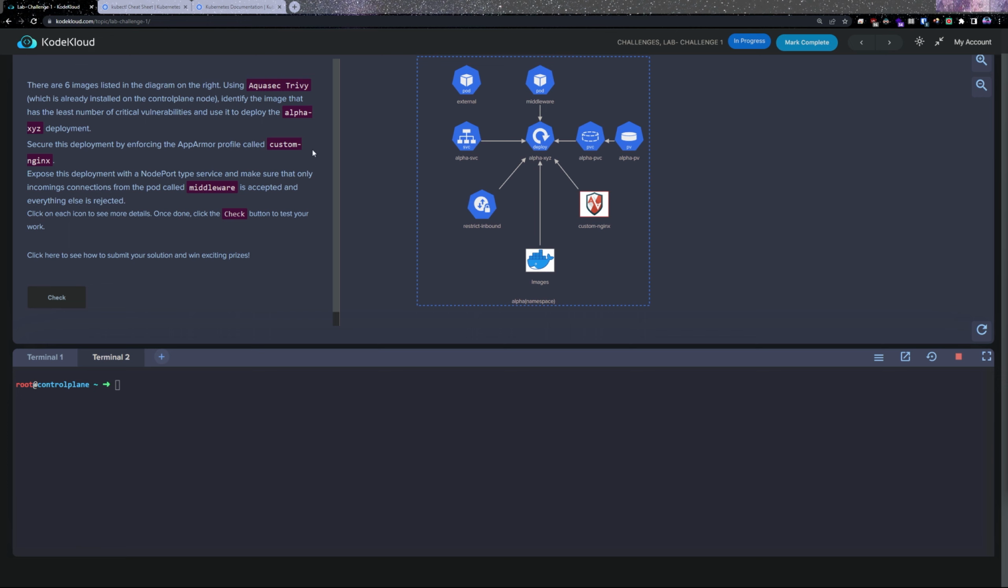In this challenge, we have 6 images listed in the diagram on the right. Using the Trivy tool, we should identify the image that has the least number of critical vulnerabilities and then use it to deploy the alpha-xyz deployment. Secure this deployment by enforcing the AppArmor profile called custom nginx, and later on we'll be exposing this deployment with a NodePort type service and make sure that only incoming connections from the pod called middleware are accepted and